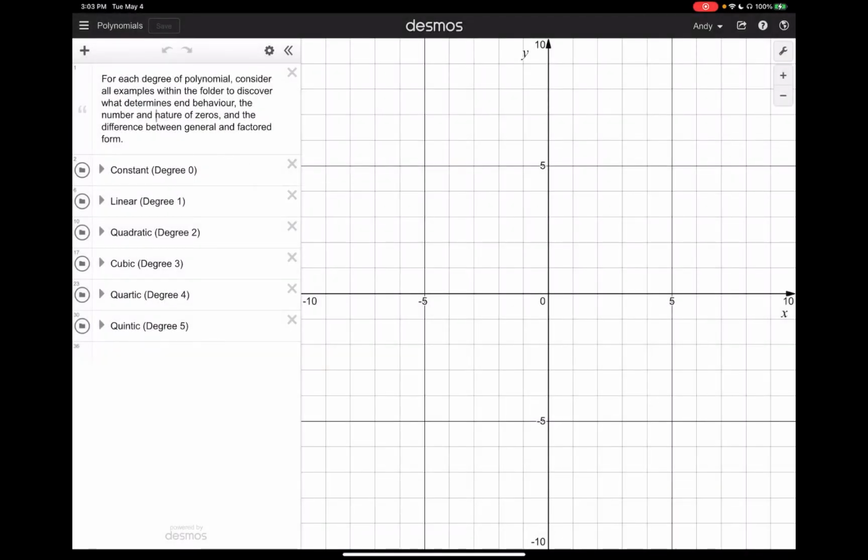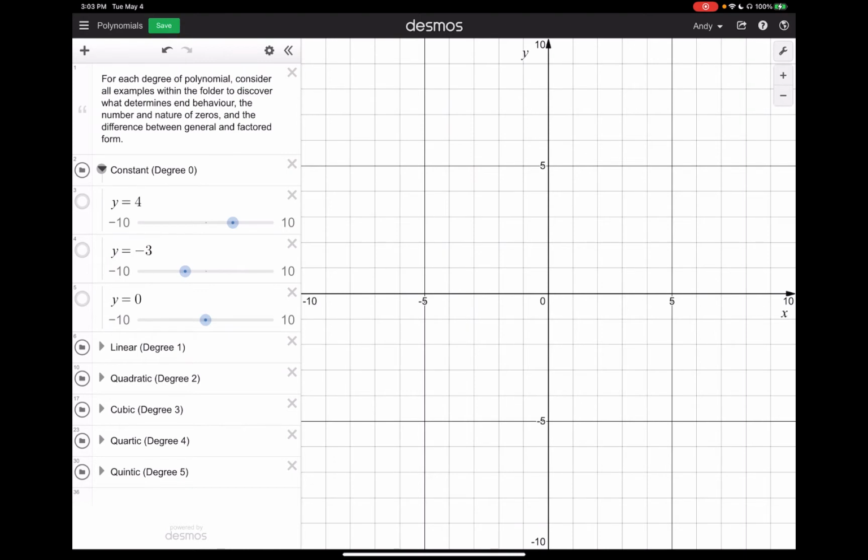So here is a little exploration in Desmos, and we'll read the instructions. It says, for each degree of polynomial, consider all examples within the folder to discover what determines the end behavior, the number and nature of zeros, and the difference between general and factored form. So let's start with the